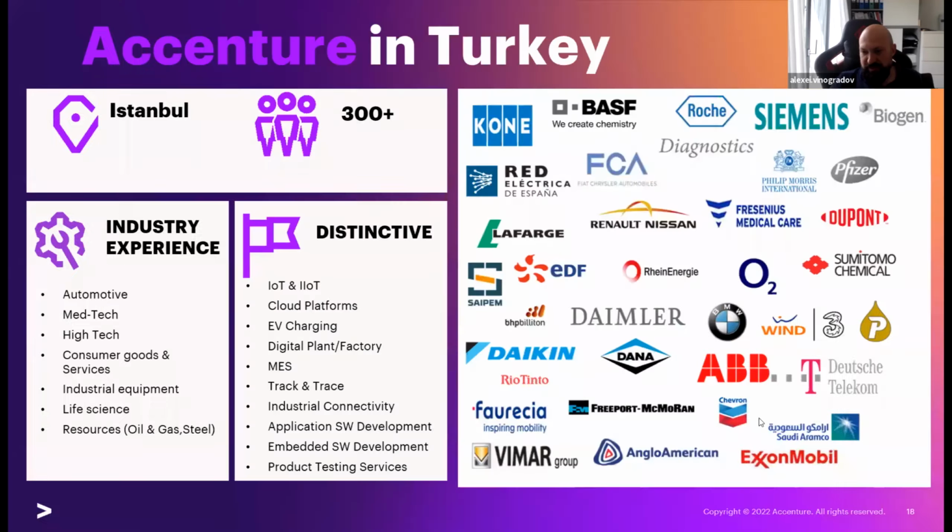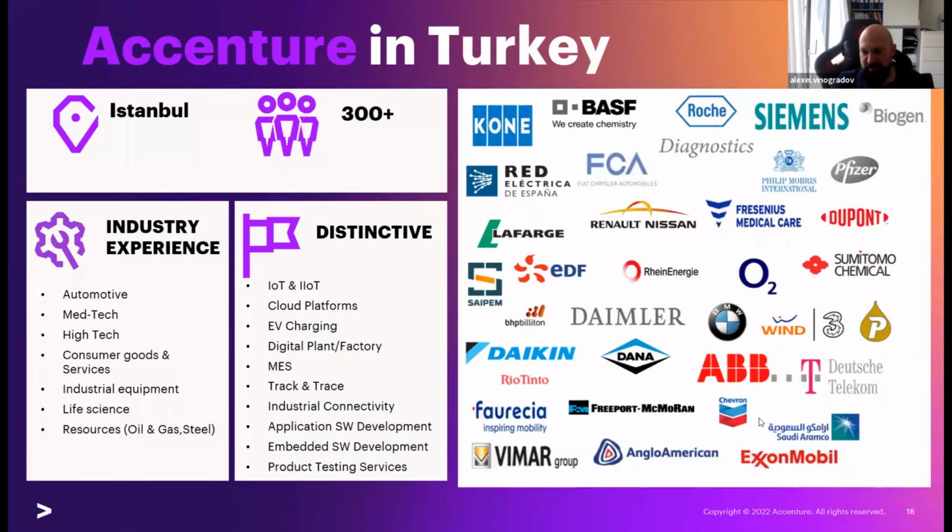Okay, yeah, thanks, Alexei. Because we are almost out of time, I quickly jump to Accenture in Turkey. Accenture Turkey is located in Pendik, Technopark Pendik. It's very close to Sabiha Gökçen Airport, and we are more than 100 employees under 5 different teams. These teams are application, cloud platforms, mobile, embedded and testing team, and I'm working under the testing team. We work in many different industries such as automotive, medical technologies, industrial equipment, and so on.